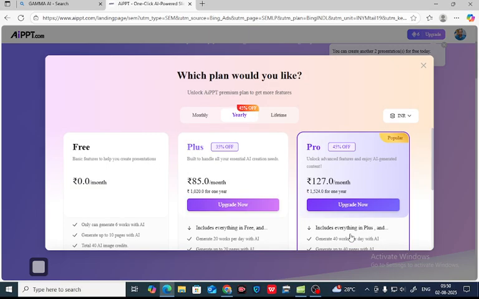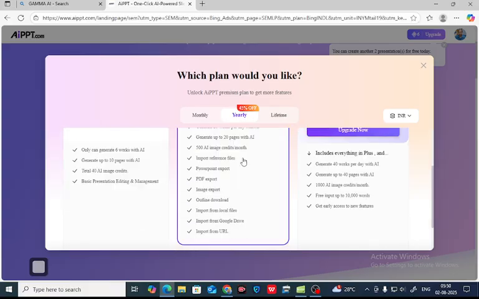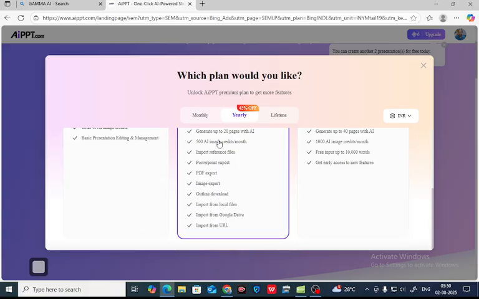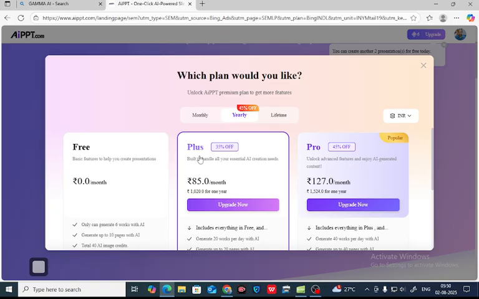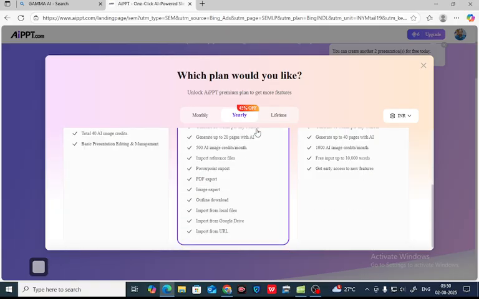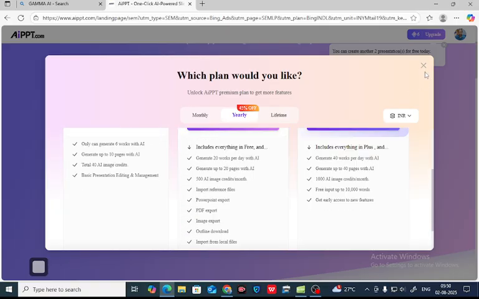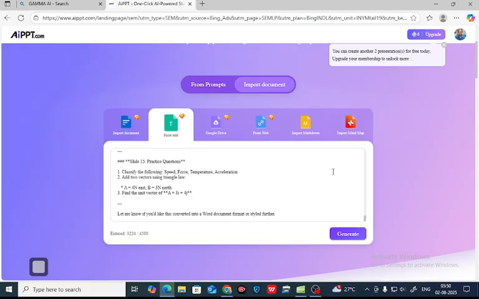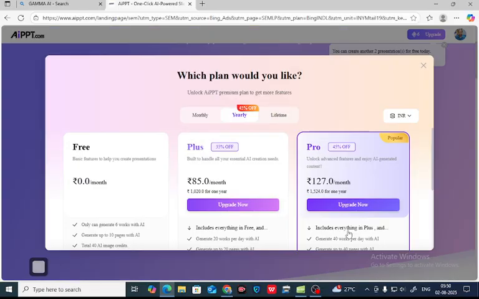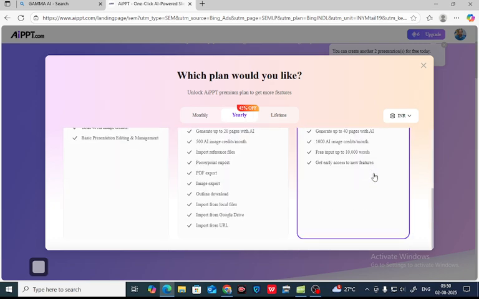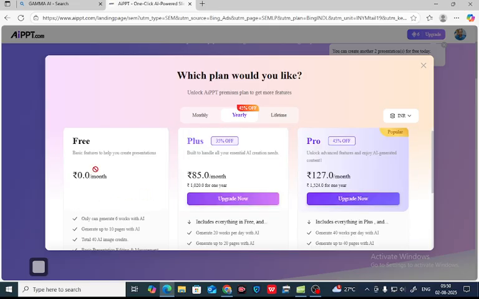You see there are various slides. Which plan would you like to offer? For that, there are various plans here, right? But now we are not going here. We are not upgrading now. That's why we close it, right? And the next one is generate. We're using this free site,